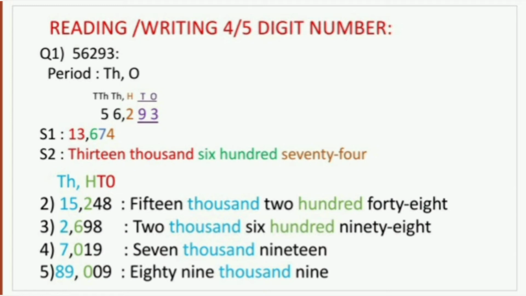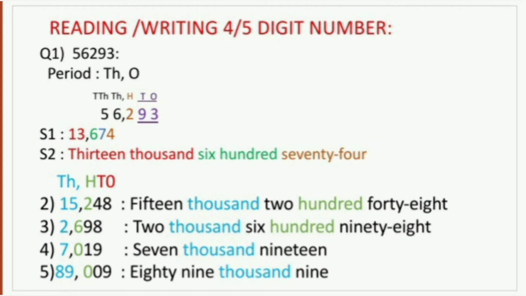Now we are just going to write the periods only, which you can see in the first question. First question is given as 56293. So the first step is that you have to insert the comma. So when you write the periods, that is ones and thousands, in the ones period you have 3 digits. They are for ones, tens and hundreds. In thousands you have 2 digits. They stand for 1000 and 10,000. And the first step, as I said, you have to insert the comma when the period gets over.